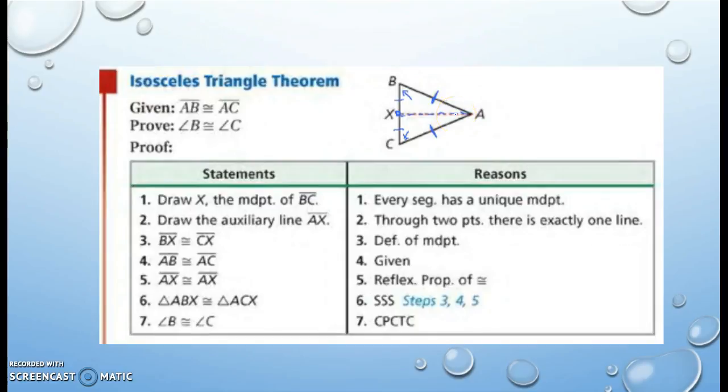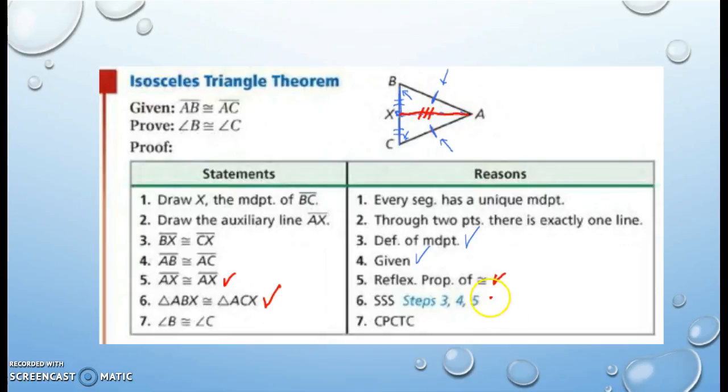to prove that the two smaller triangles are congruent to each other. So we know that BX is congruent to CX. Those are the two lines I just drew in, and that is by the definition of a midpoint. We can also state that AB is congruent to AC. Those were our original two lines here and here, because that was given to us. And then we can use the reflexive property to state that AX is congruent to itself. And so now we've shown all three sides of the top triangle are congruent to all three sides of the bottom triangle